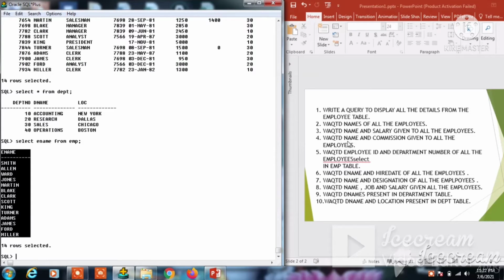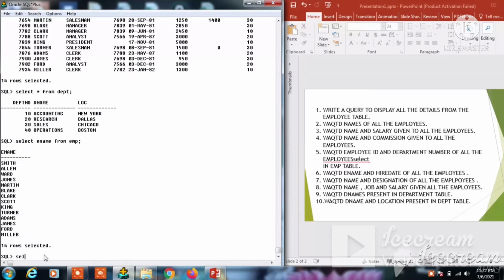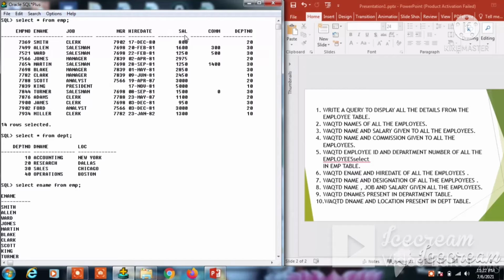The third query is to write a query to display name and salaries given to all the employees. So here he needs the employee name along with their salaries. So not select star, select ename and the salary column name is sal.